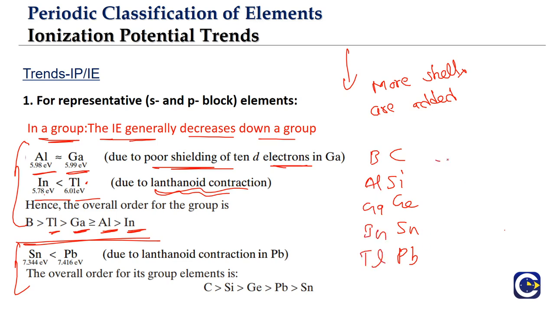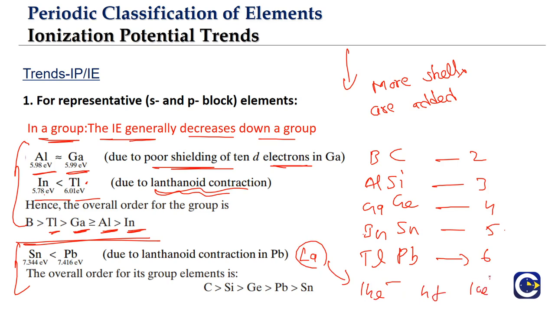Okay. Now this is the second period, this is the third period, this is the fourth period, this is the fifth period, this is the sixth period. In the same way, when we are moving from indium to thallium, we have filled 14 electrons into 4f and 10 electrons into 5d. The same happens when we are moving from tin to lead also, because we move through the lanthanides, because of lanthanide contraction, right?